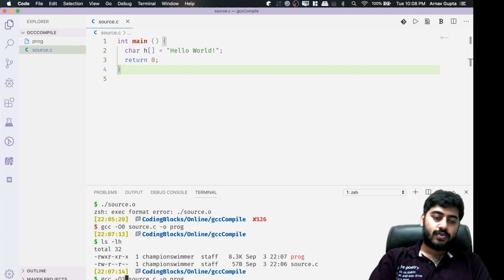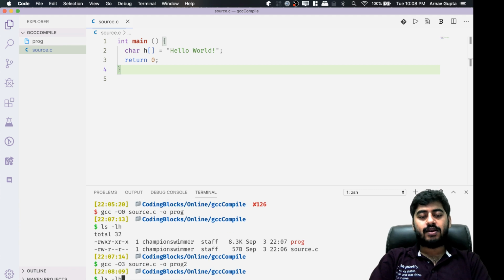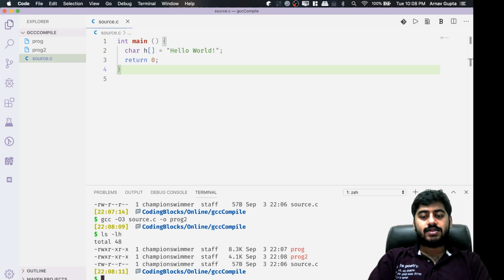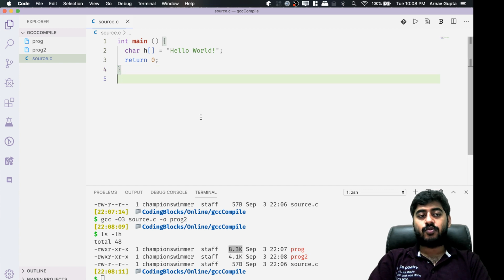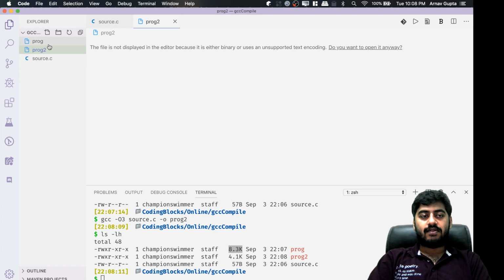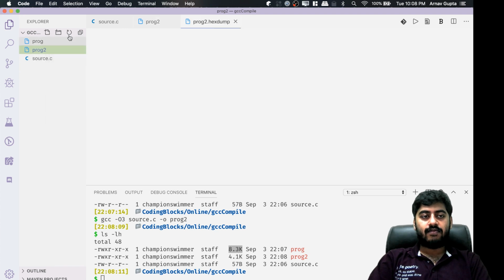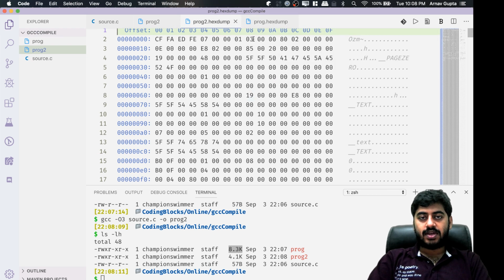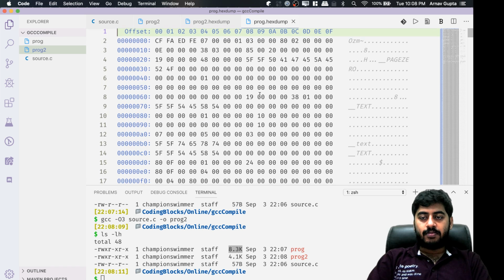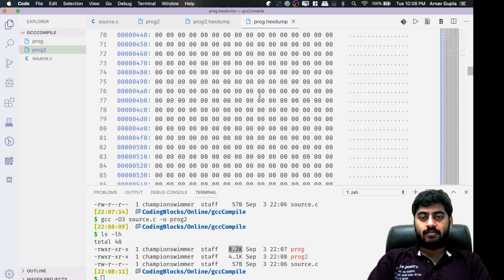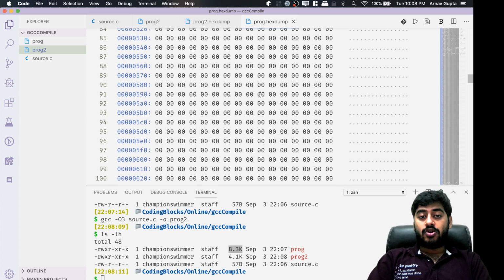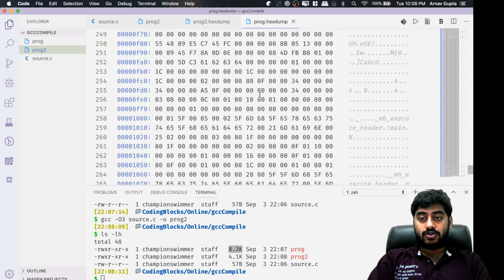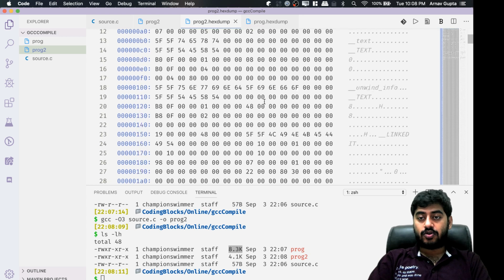that. So if I compile it with O3 and I save it to a prog2 file and try to see the data size, you will see prog2 is only 4.1 KB in size instead of 8.3. So in fact, if I look at the hex dump of this file and the hex dump of this file, this is the prog hex dump and this is the prog2 hex dump. As you can see, they start with similar things, but somewhere down the line the prog hex dump has more